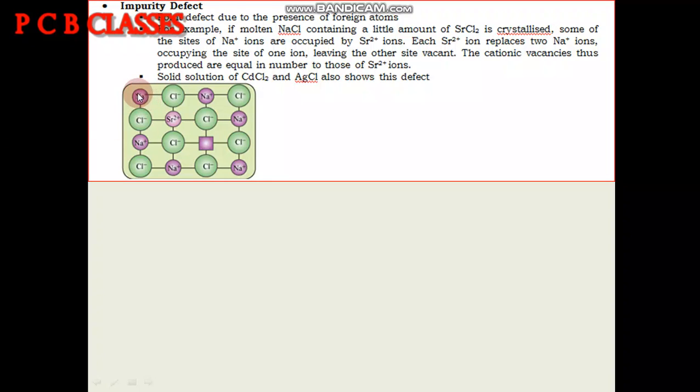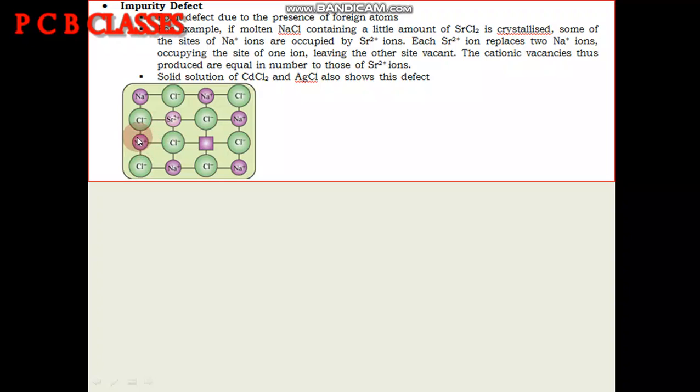Like here, the atom present is sodium and it has a valency of one positive ion. So the positive ion for the impurity defect must be an ion which has more positive charge than sodium. This can be any ion. The only condition required is that it must have more positive charge as compared to sodium. Now in this case we have taken, as our NCERT says, strontium, Sr2+. If we take Sr2+ and mix it with sodium chloride, then some sodium sites will be occupied by the Sr2+. Now what will happen in this case?